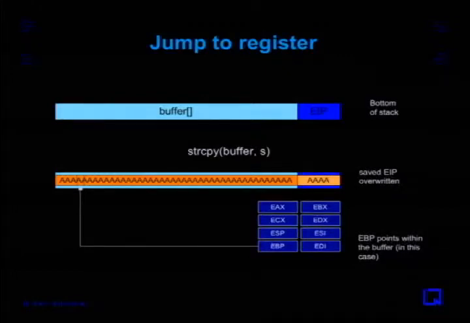So, assuming in this case I have the example that EBP points to somewhere within 4 bytes of the beginning of our buffer. Now comes the whole idea of exploit construction. What we're going to do is pack our shellcode near the beginning of the buffer, but avoid the first 4 bytes. Then we're going to figure out some mechanism of jumping to where EBP points to. In our instruction set, especially on x86 CPUs or a whole lot of CISC CPUs, you will